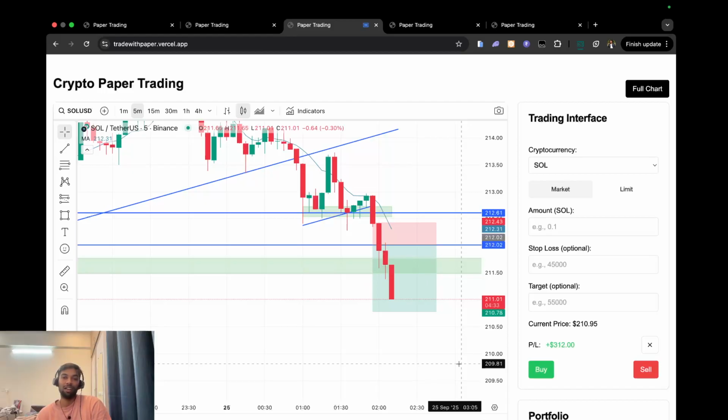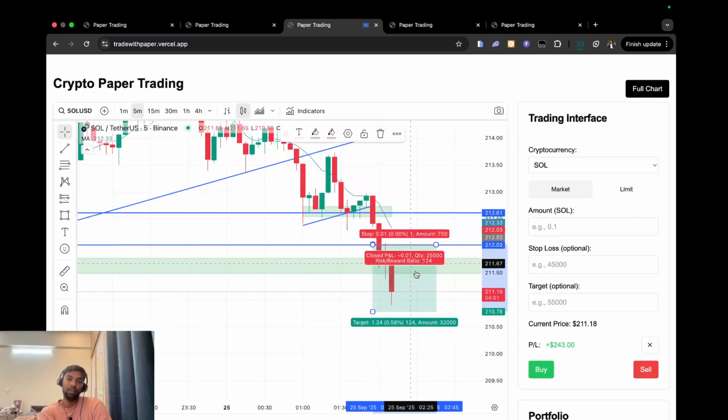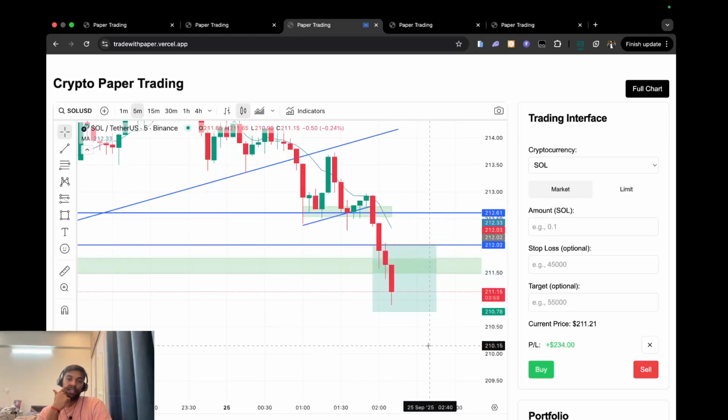We are reaching the target point, and that's very good. Finally, after a long, long time, we are seeing something crazy happening. If it reverses, then it might be bad luck for us. But I will not take any loss in this trade. I will come out at this point at zero. But this is a good trade that we captured, guys.